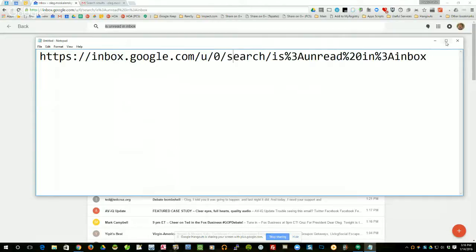So if you bookmark that, take this command, bookmark it by sticking it on the bookmarks bar or wherever you want to bookmark it. That means you'll have access to all your new messages in your inbox at any point in time with a single click. So let me go ahead and I'll get rid of this. Hopefully you had enough time to grab this. And I'm going to go ahead and